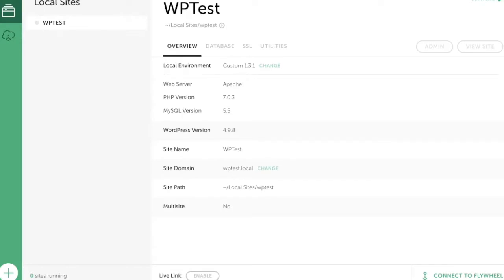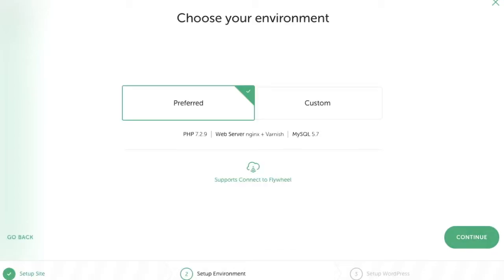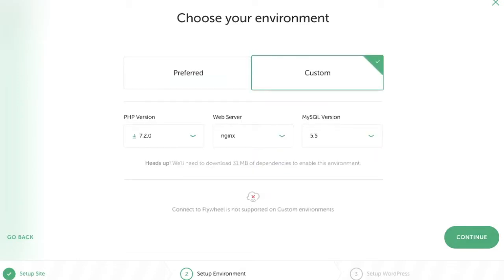Okay, here is where we left off in the last video, and if you would like to catch up, I will put a link in the top right hand corner right now to that video. And what we found out is when you hit create a new site and you hit continue, the preferred setting comes up as default, and here is their local site environment that they suggest. And what we had to do was hit custom and then change it to what we wanted to match our hosting environment. So what we're going to do right now is change the site preferences to where custom comes